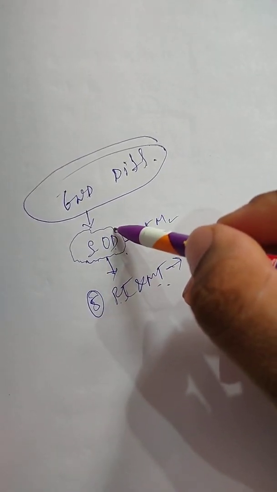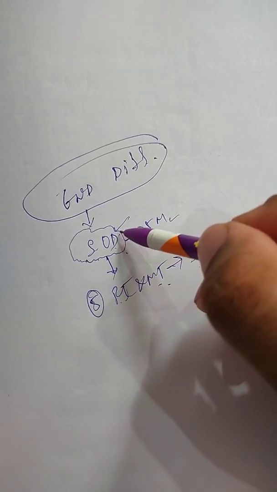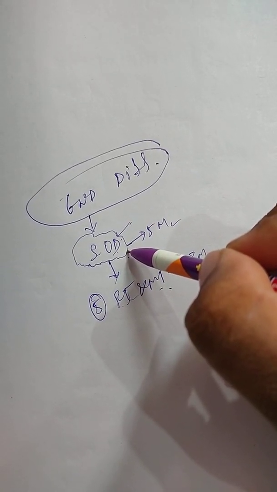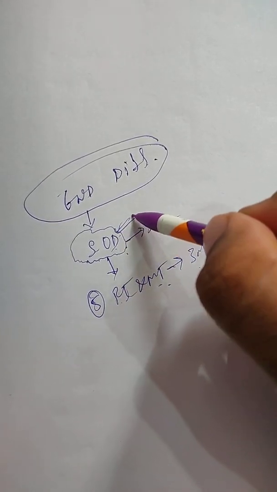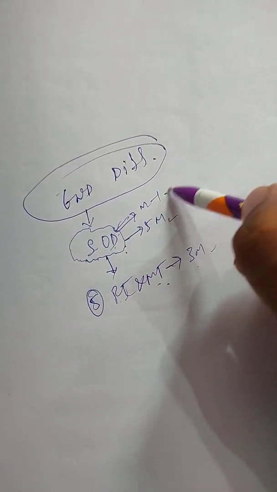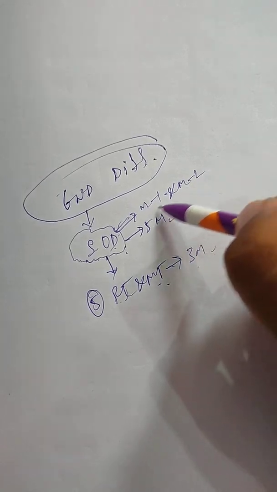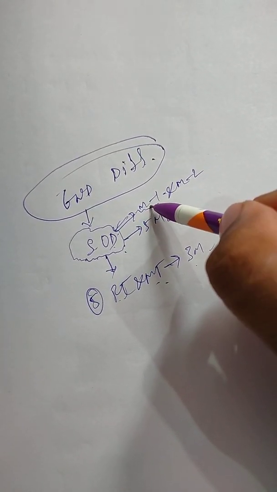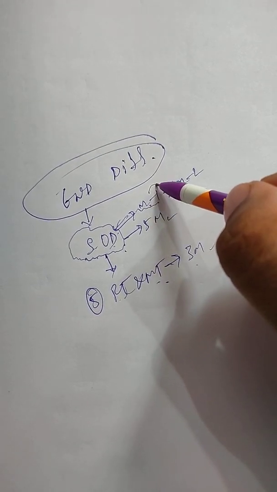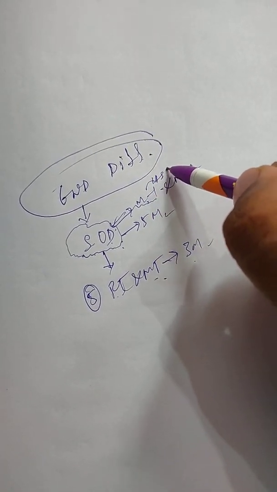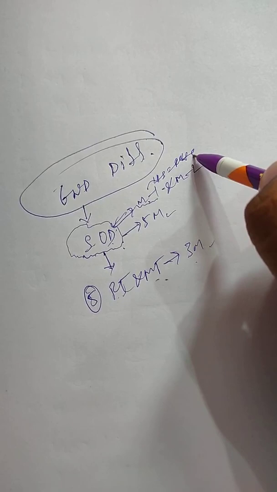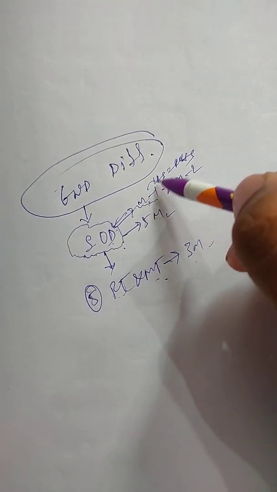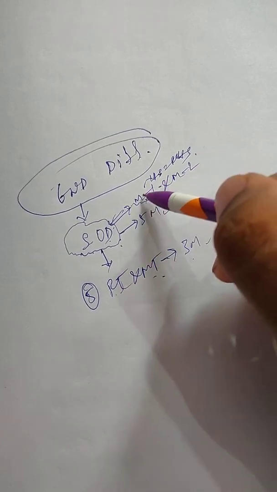What is the point you want to remember in the second order derivative? While differentiating, in the second order derivative we have 2 methods: method 1 and method 2. Method 1: after the differentiation we substitute into the left hand side and we get the right hand side. LHS is equal to RHS. So we differentiate the function twice, substitute into the left hand side, then we get the right hand side. That is method 1.